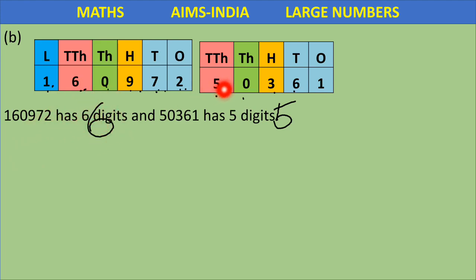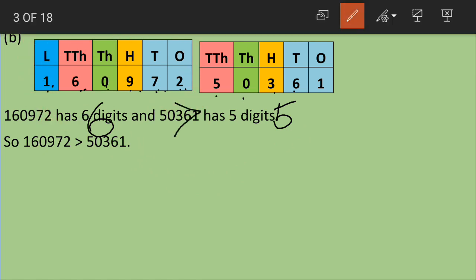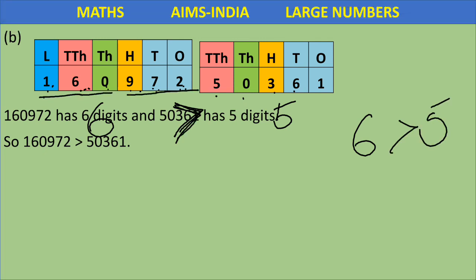See, 1,60,972 has 6 digits and 50,361 has 5 digits. So obviously this number has a greater number of digits. So obviously this number becomes the greater number. So opening the mouth towards this side, 1,60,972 becomes the greater number because it has a greater number of digits. 6 is greater than 5, right? So the whole number 1,60,972 also becomes greater than